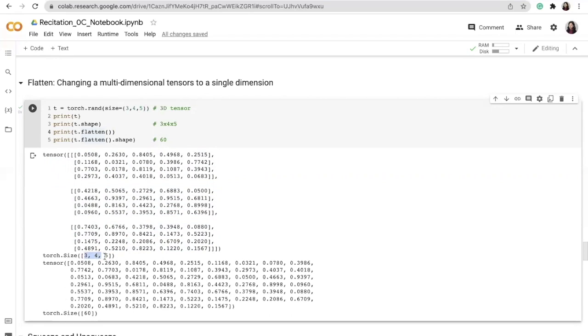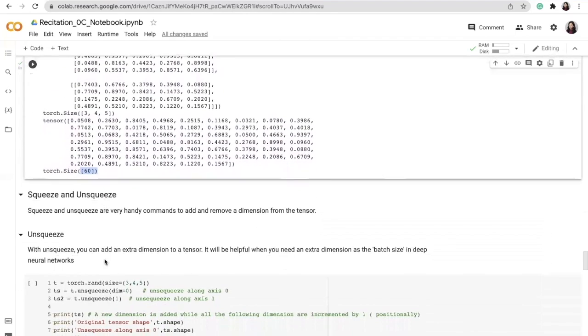It will be equal to the number of items that we have in this original array, right? And that will be equal to 3 into 4 into 5, which is 60 elements. So all these elements are now flattened into a one-dimensional array, or a tensor to be more precise, and its shape is now 60. So this is the flatten function.